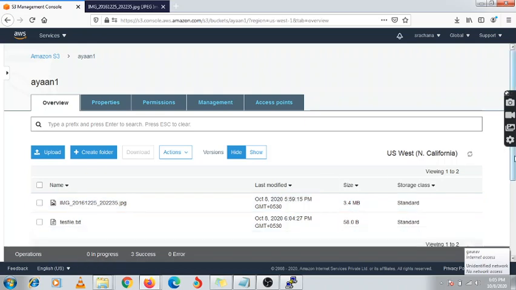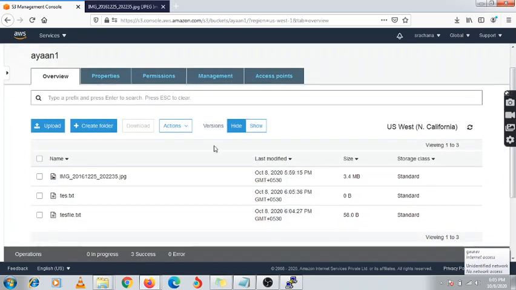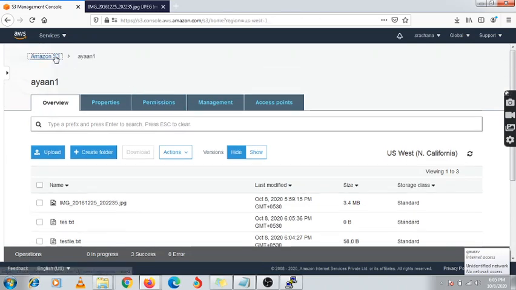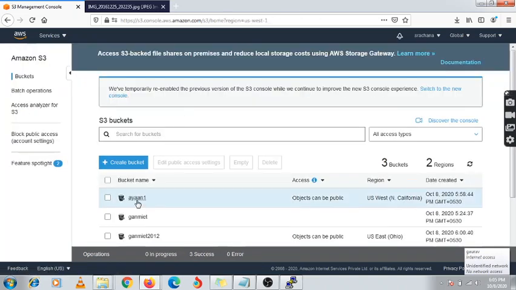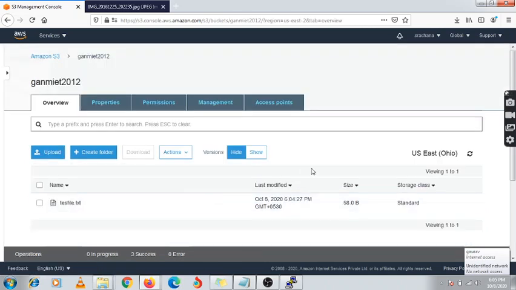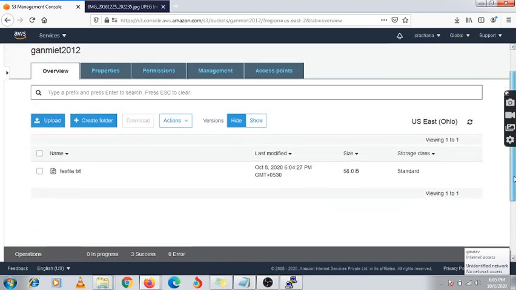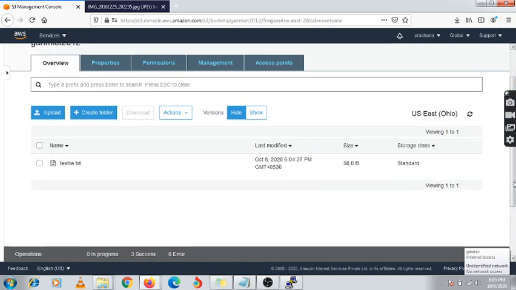Now this file is uploaded under the California region. Now you can check it under the Ohio region. Whether this data is reflected or not, you need to cross check. It will not reflect, because it only reflects from source to destination.